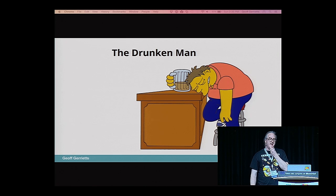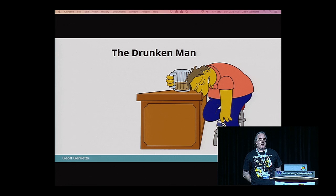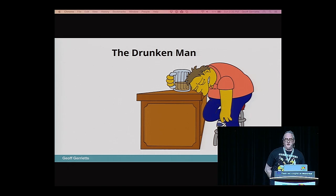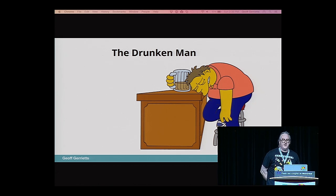So the Drunken Man approach is a little bit different. That's where you come up with a plausible idea to improve your performance. You go do it and maybe measure the results if you can, and I don't know, things might have got better. So this model was suggested by Brendan Gregg, who is a security researcher at Netflix. He's the guy that did Screaming at the data center. If you saw that video, it's fascinating if you haven't. But the thing about the Drunken Man is even when it works, it might not be addressing the most important